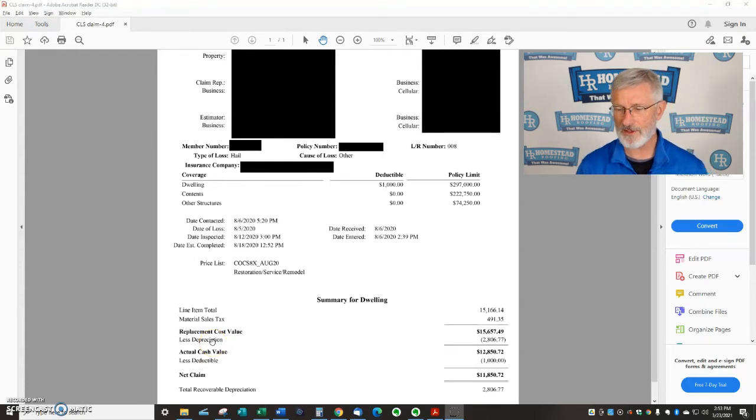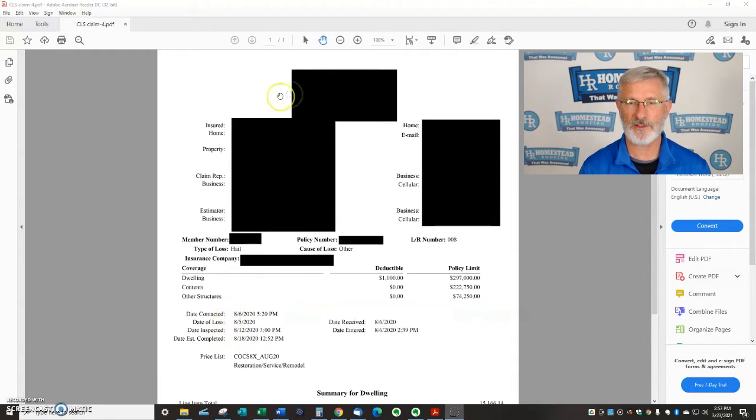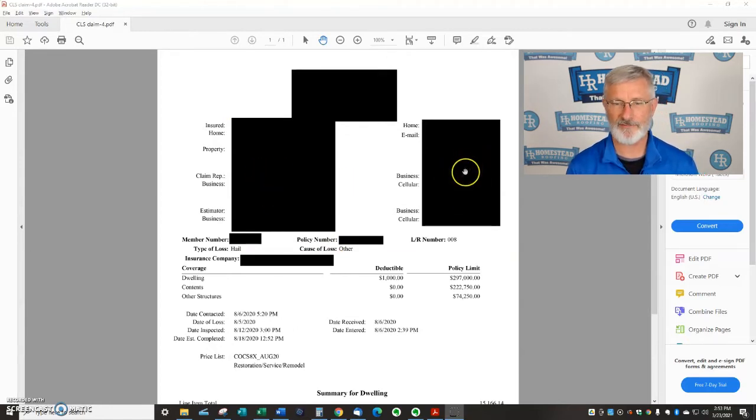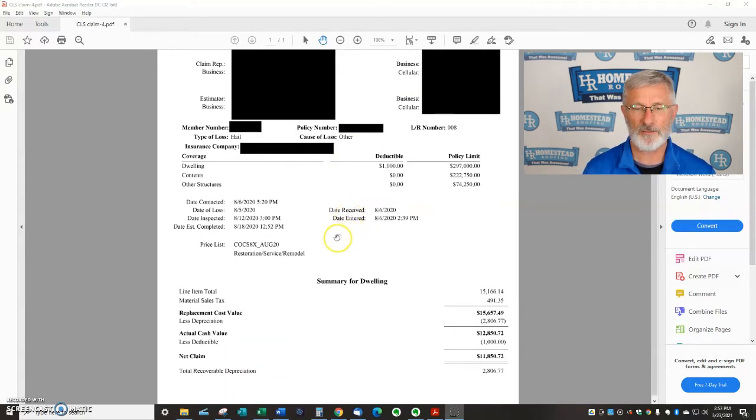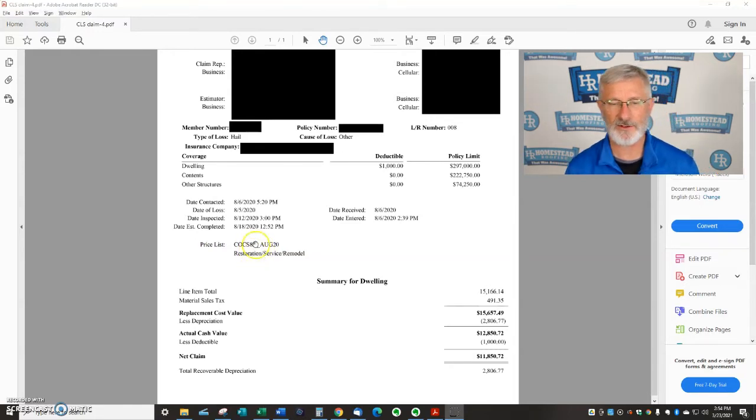On this first page, this shows the insurance company information, which is normally up here. It shows the claim number down here, and the homeowner information and the adjuster information and all the contact info for all of that. The other major thing that Xactimate does is show a price list. You can see right here where it says price list. This has a particular code, and it shows this 8 right here. This is just the version of Xactimate that was used, and you can see it's Colorado Springs, and then August